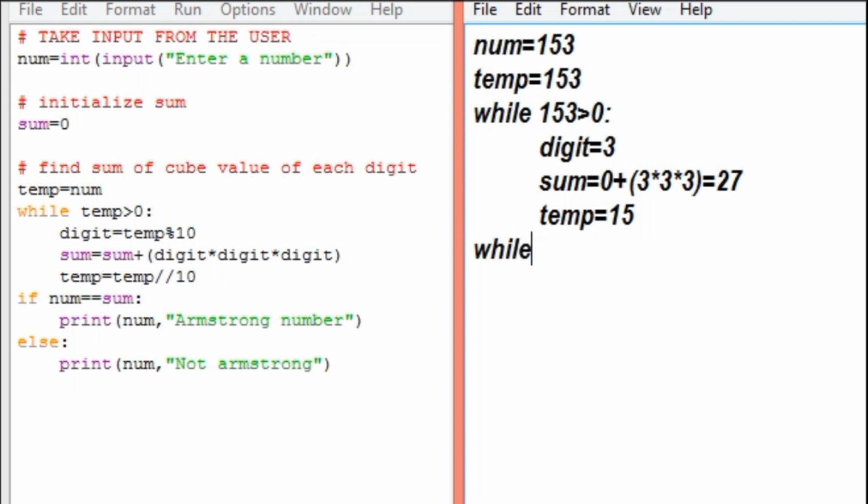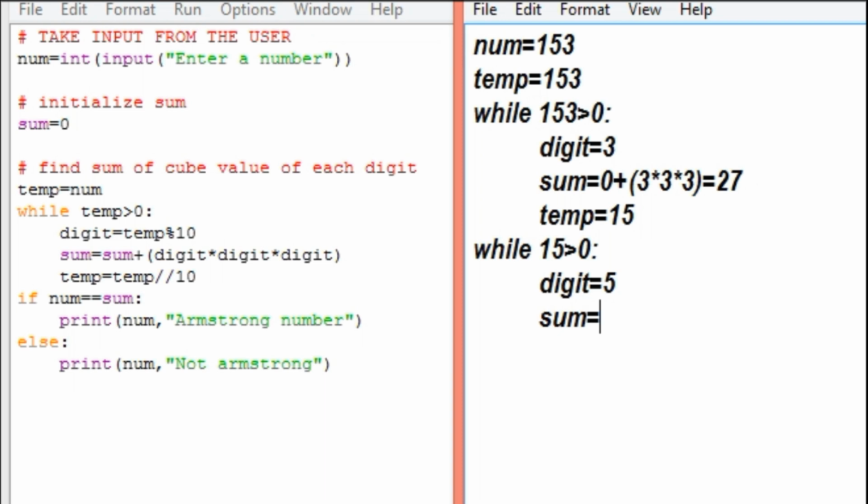Next, while repeats. Now the value stored in the temp variable is 15. It checks the condition 15 greater than 0. Condition true. Now digit equals temp modulus of 10. Now the value 5 is stored in the variable digit. Next statement, sum equals sum.